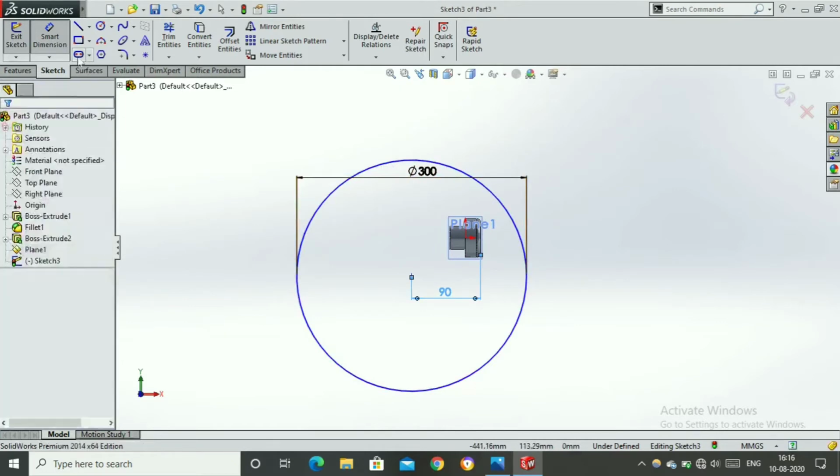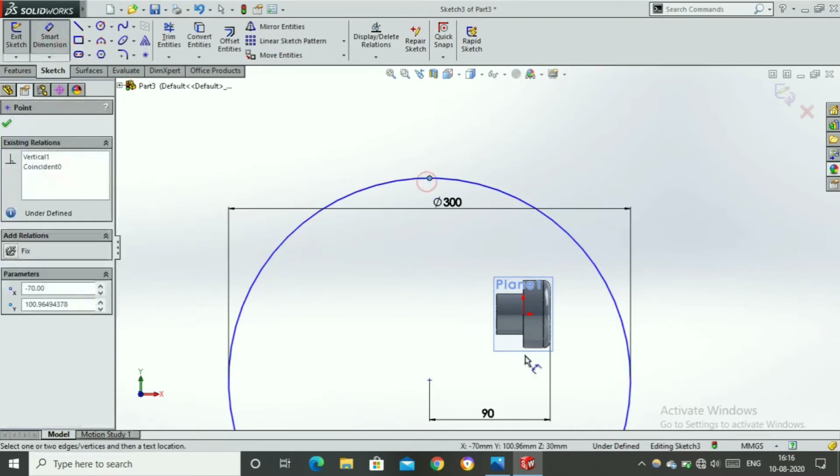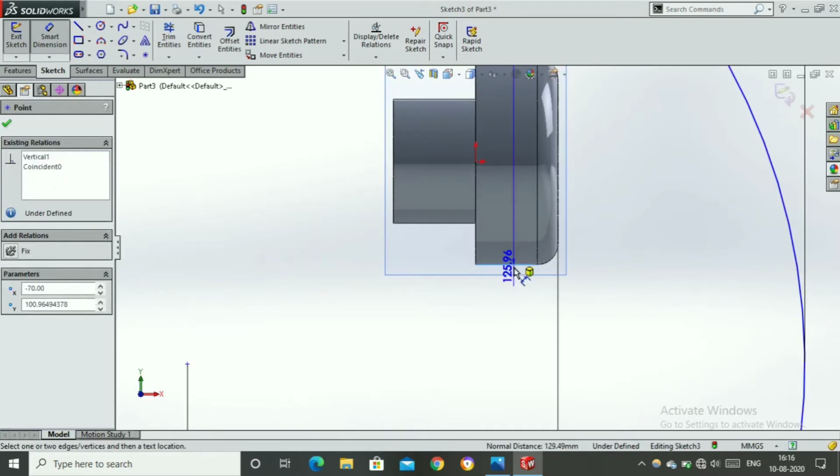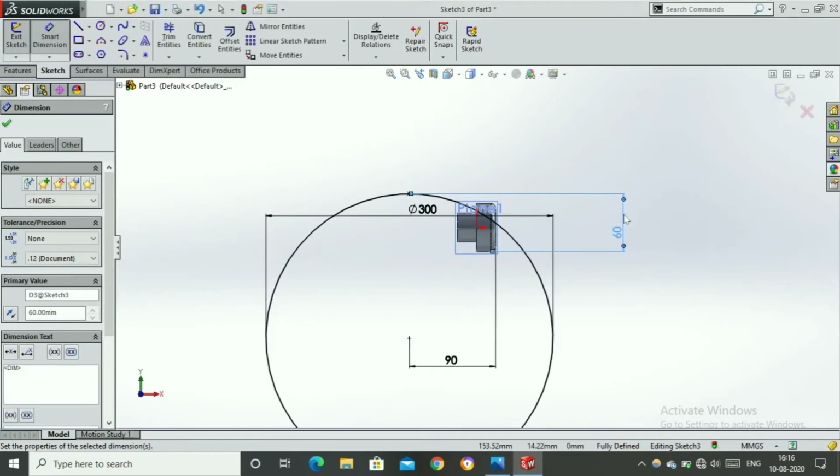And let's create a point over the circle to give the dimension. Right from here to this edge we have the distance of 60 mm.